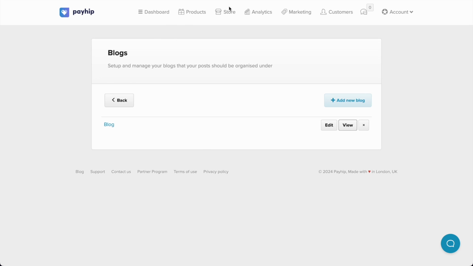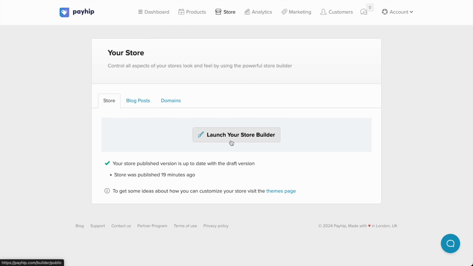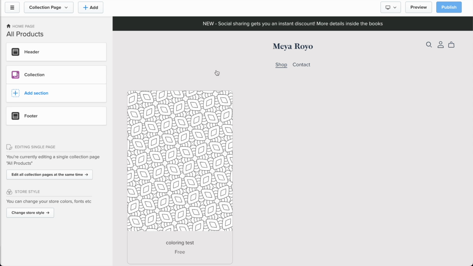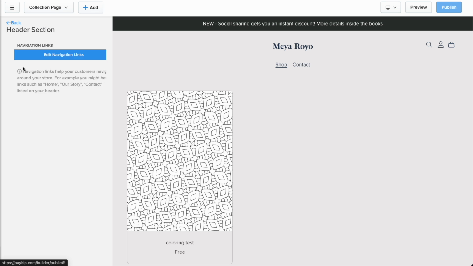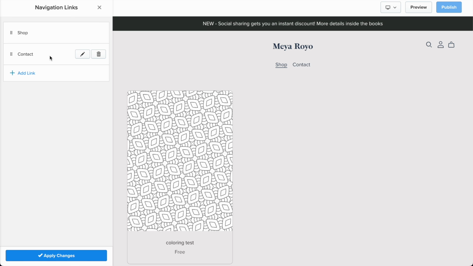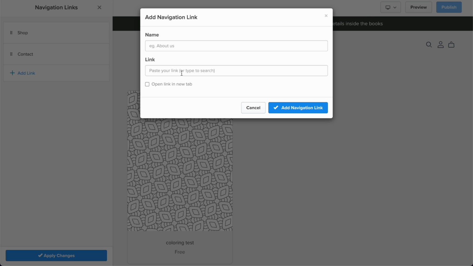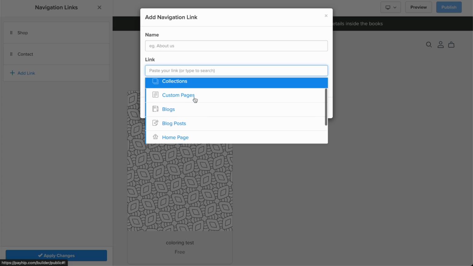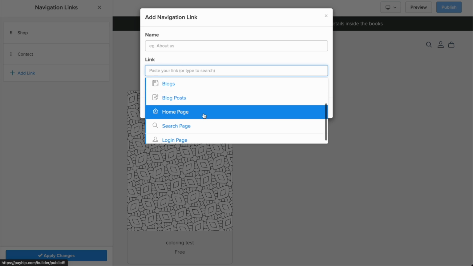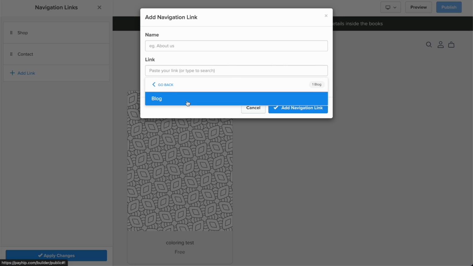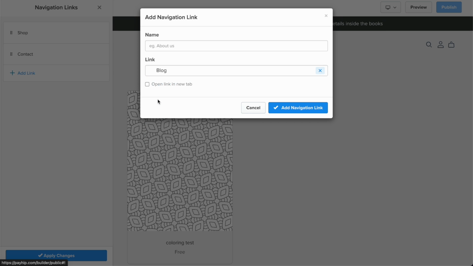In order to work on that, we're going to hit the store button again and launch the store builder. Now, it doesn't matter what page I'm currently standing on. I'm going to click on header, navigation links, edit navigation links, add link. What do I want to add a link to? I can add to a specific blog post if I want to, or to blogs. Which blog do I want to add it to? The blog, and I'm going to name it blog, and I've said the word blog so many times, and